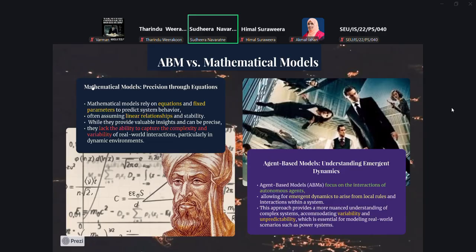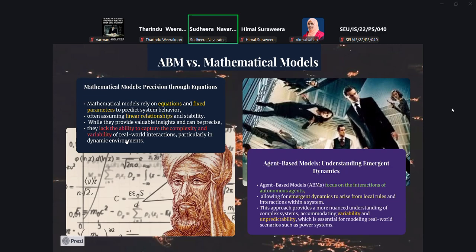So while they provide very valuable insight and they can also be precise, they lack the ability to capture the complexity and the variability. Okay, so they have the ability, but when you use that ability, things become more and more complex, and you need very high computational power to solve that kind of problem, right?